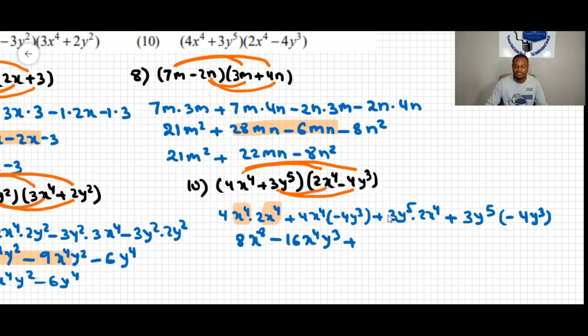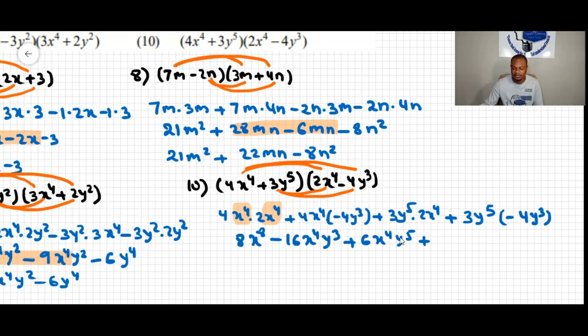Over here, we do this 3 times this 2. That makes 6, and then x to the 4, y to the 5, because we have x to the 4 here, and then y to the 5. It doesn't matter if I wrote y to the 5 and x to the 4 after. It doesn't matter because they're just variables, okay? I prefer to write it in alphabetical order. So I prefer to write x to the 4 first, and then y to the 5, and then